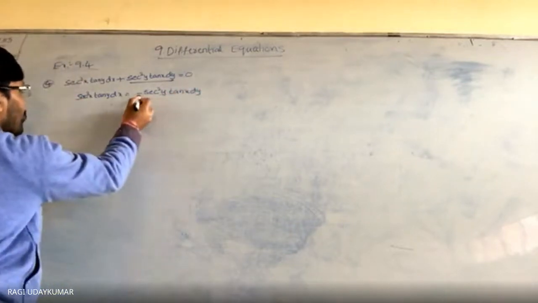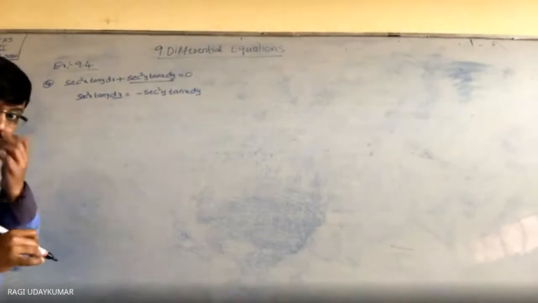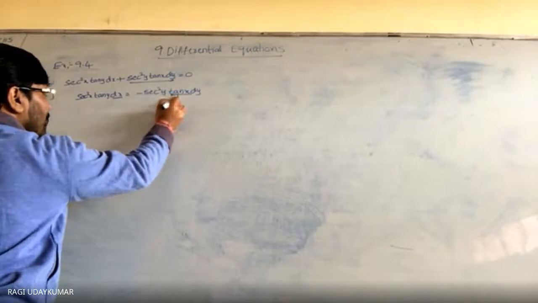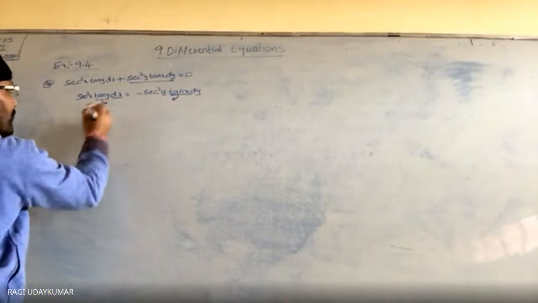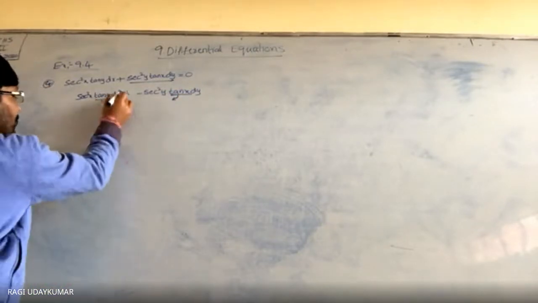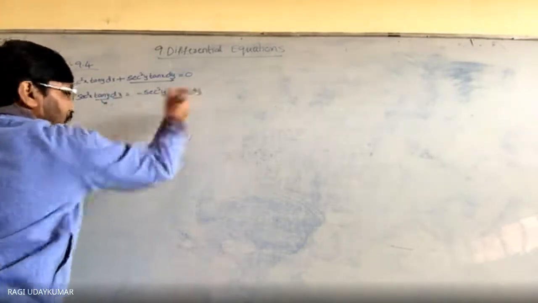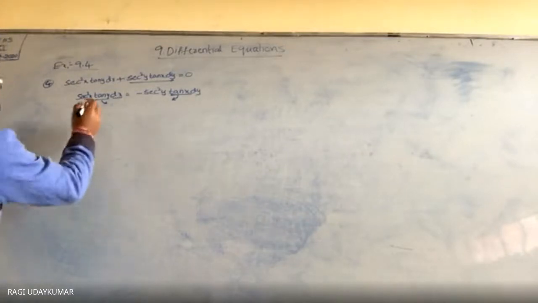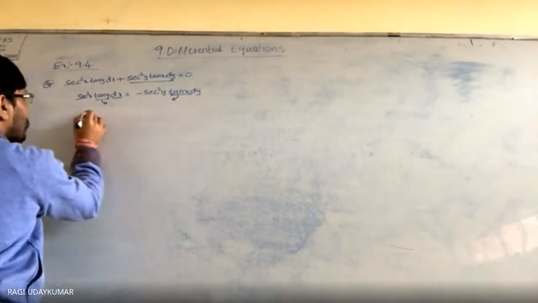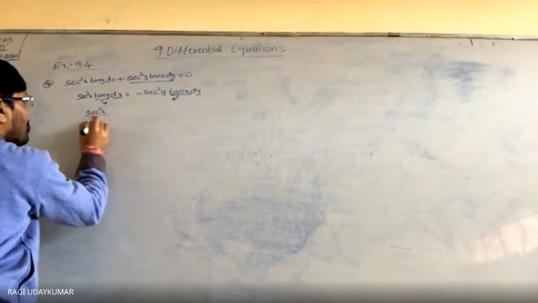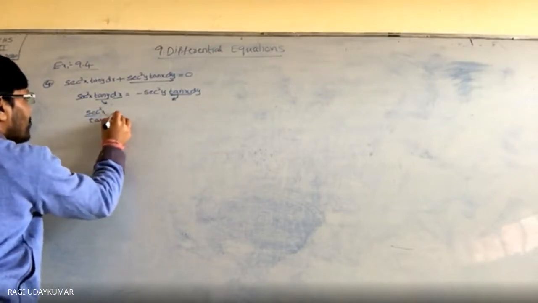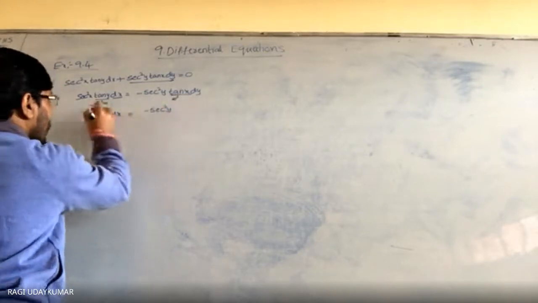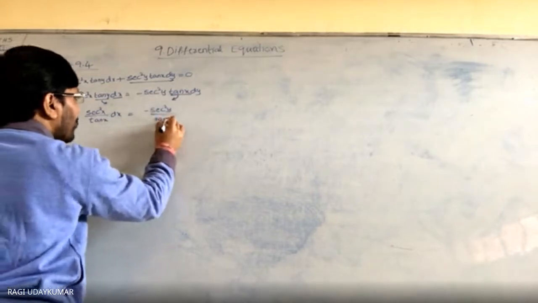Now this x, dx is in the numerator, x to be here, all the x. So take this x here and this tan y there. So dx is in the numerator, here dy is in the numerator. So both have to stay in the numerator. That is the main thing you have to see. So this term you take here, tan x here. So what you get here? Secant square x by tan x dx is equals to minus secant square y by tan y dy.